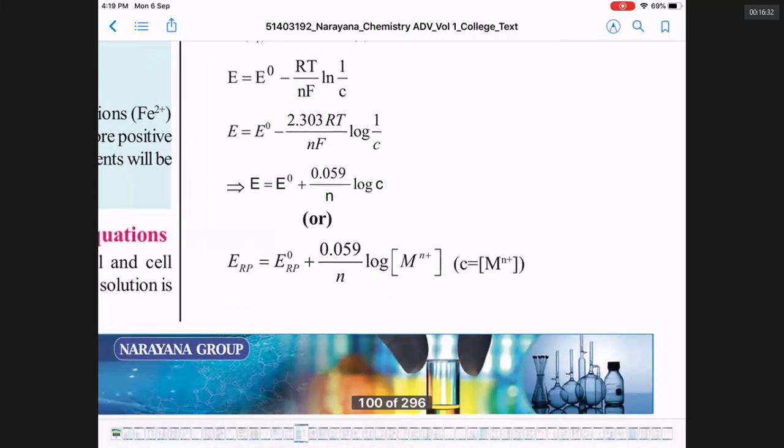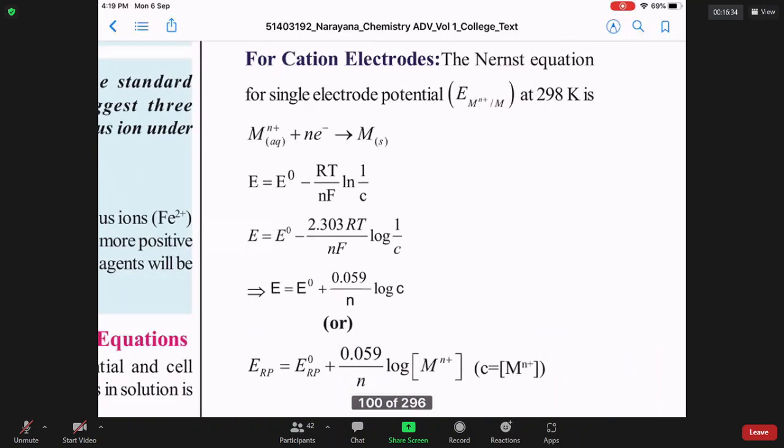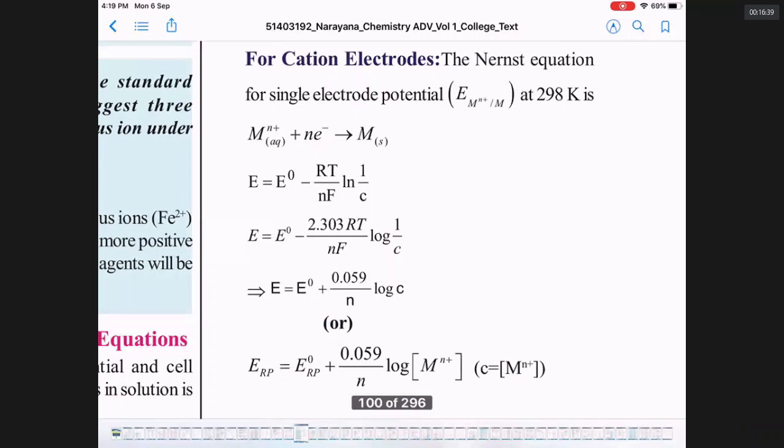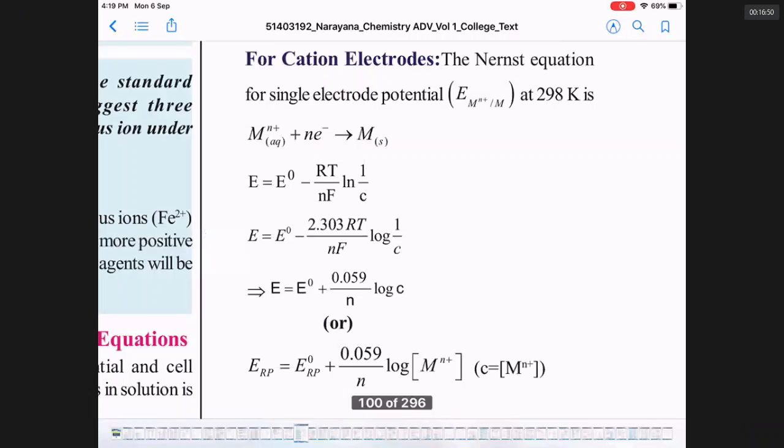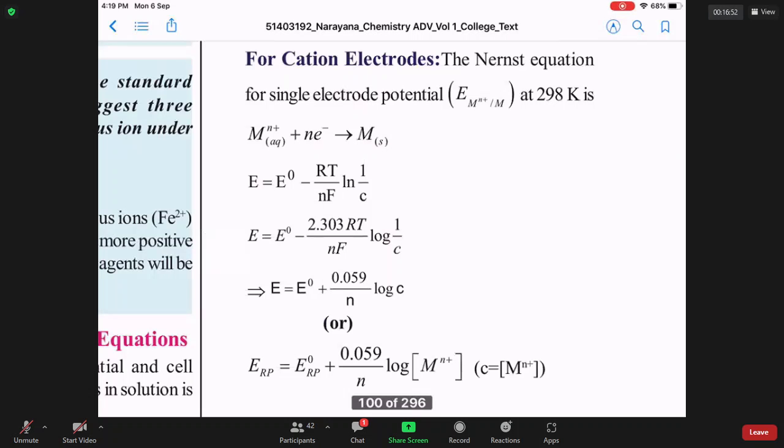Also, I have shown you that for a single electrode, anything that has positive charge... Zinc is a loser of electron, so it is the left side electrode. Sometimes hydrogen is the electrode that loses electron. Any metal loses electron. Whomsoever loses electrons,